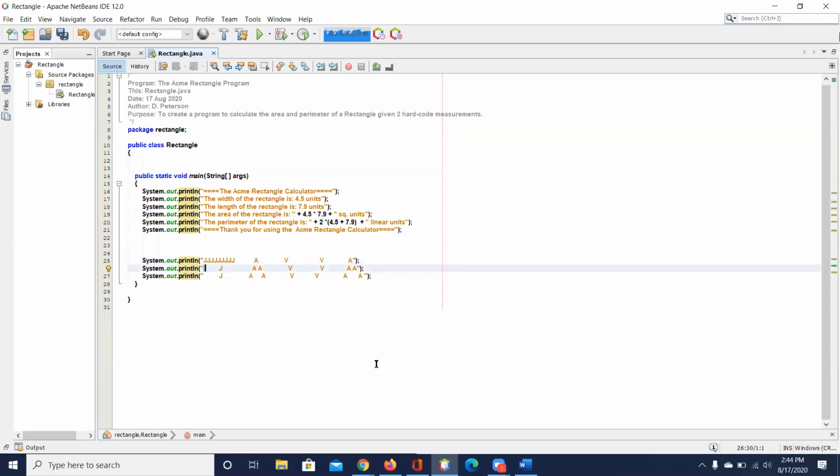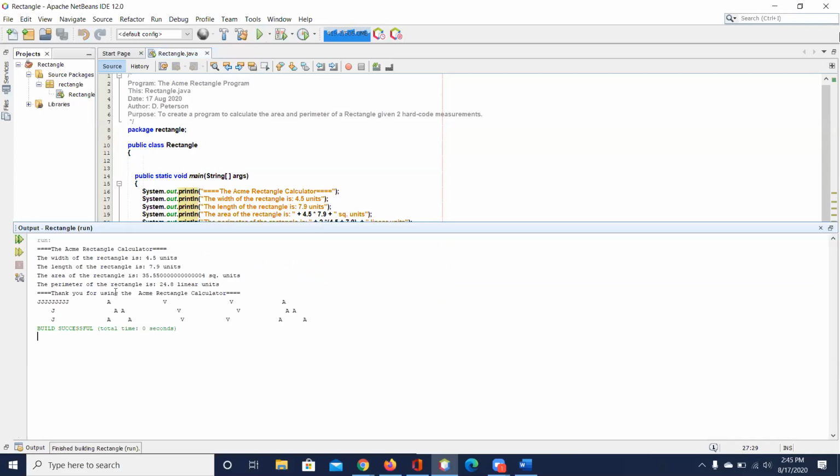I didn't put any tabs in there. Print line. Let's try that. So you just need to finagle until it looks something like it spells Java. Okay.